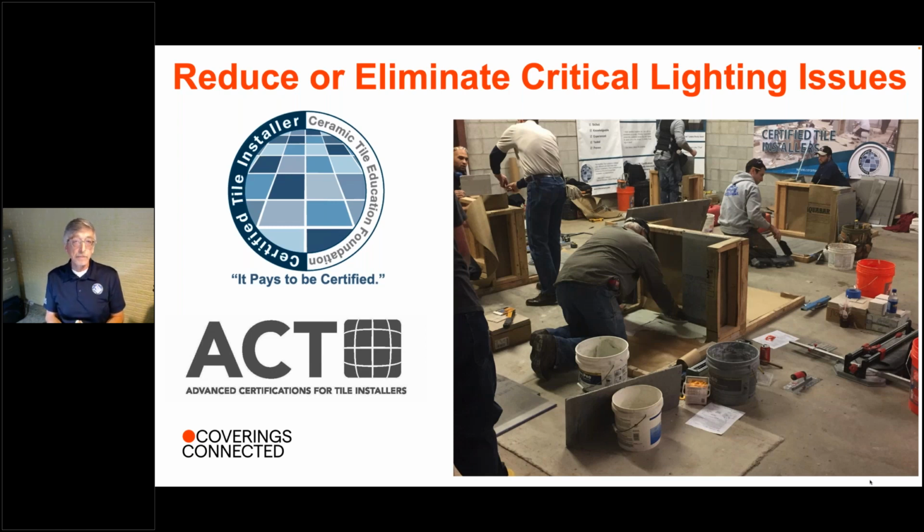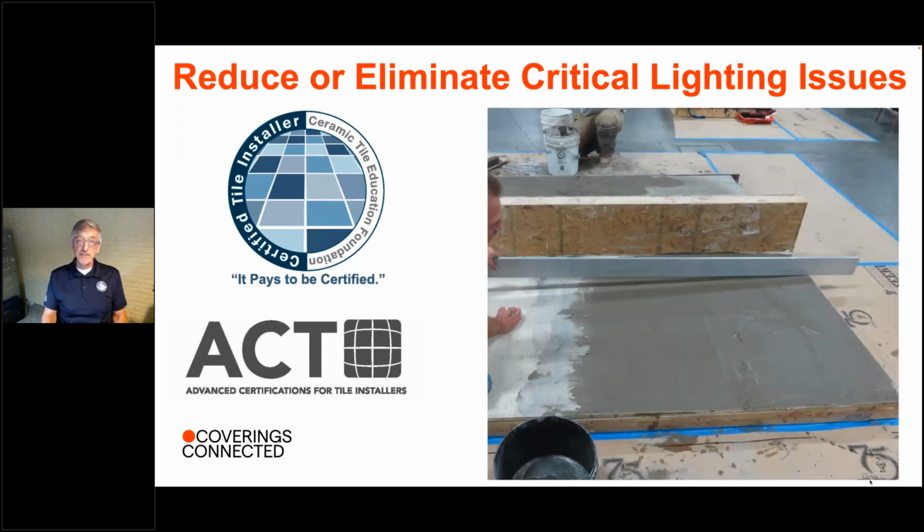These people have proven that they own, understand, and are able to use the tile industry standards, methods, and best practices. And the CTEF does advanced certifications. Here's a picture of the large format tiles advanced certification. You know what the first thing you do in the LFT certification is? You check your substrate for flatness, and it has to be made flat before you can install the tile and become certified. Check out the Ceramic Tile Education Foundation, CTEF, at their website,